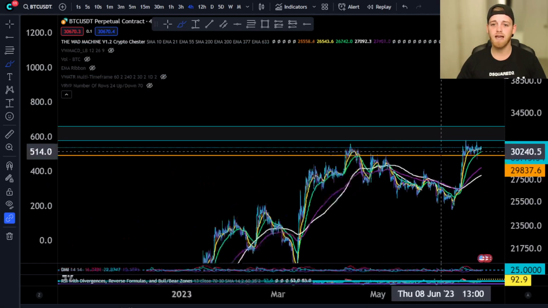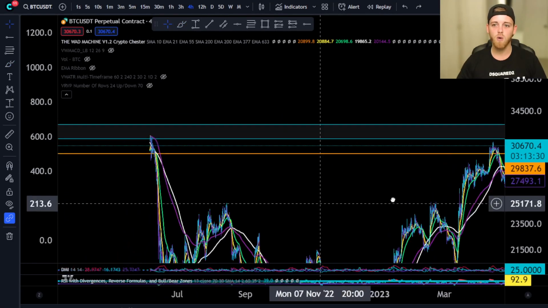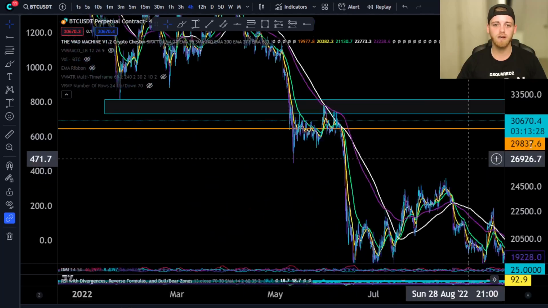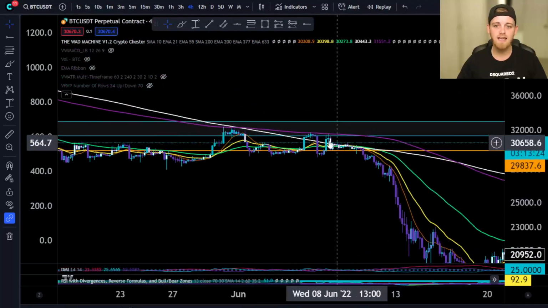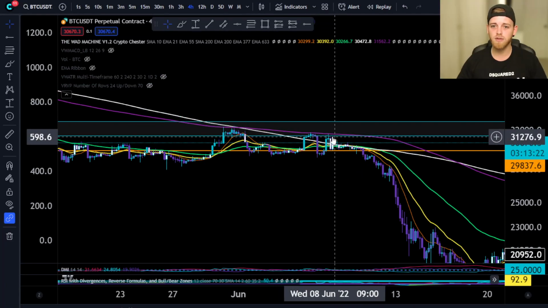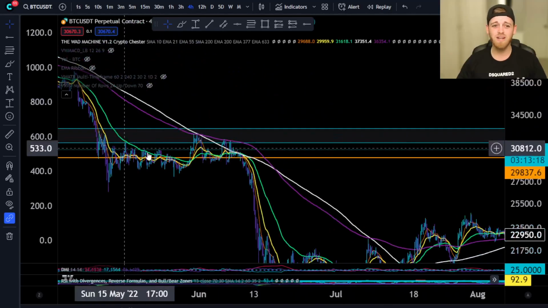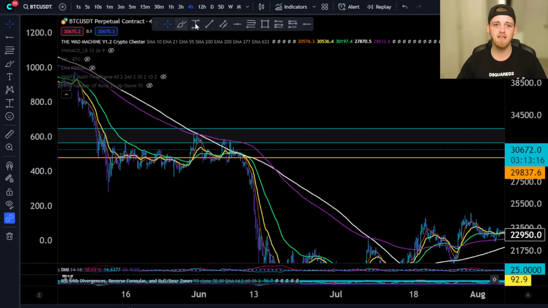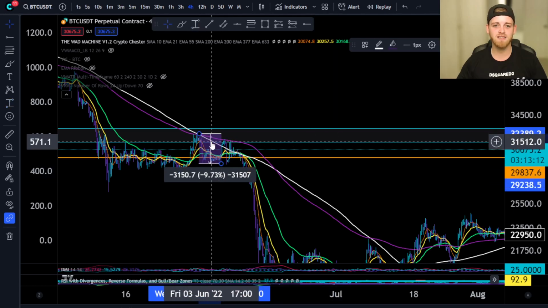Now, if we are looking at areas for rejection right now, don't draw all over the screen, we're pretty much on the key point of rejection, okay? If we look back in history very quickly, you can see this area, 31,300, 32,300, pretty horrific rejection, okay? Even if it is a small move, around 9% to the downside there